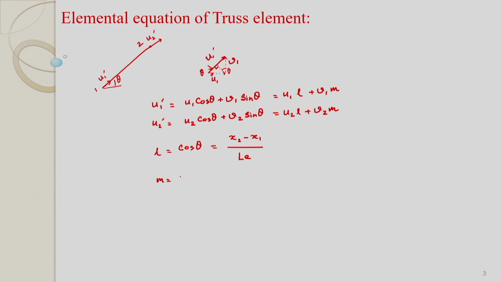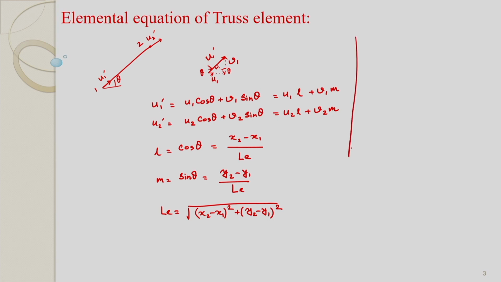Similarly, M, sin theta, can be written similarly where LE is the length. So, from the coordinates of these two nodes 1 and 2, we can find L and M,